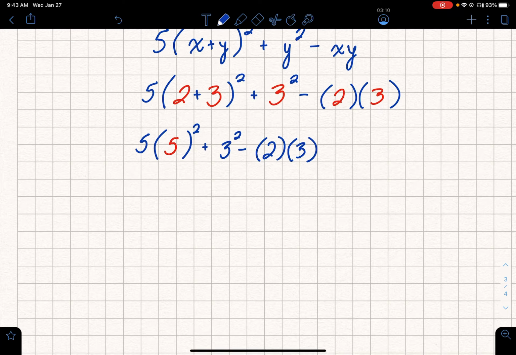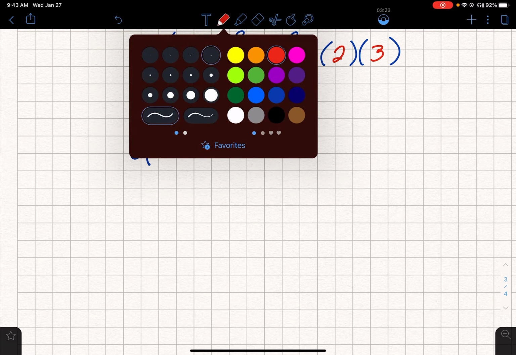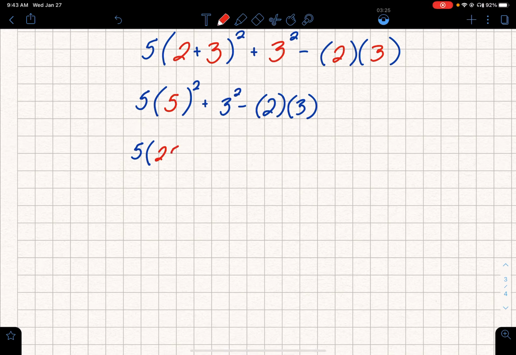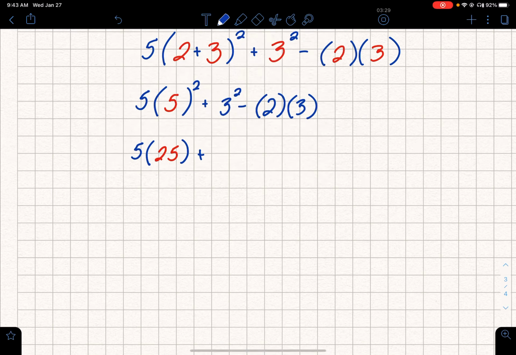Okay, next in our order of operations is exponents. So we're going to be evaluating this 5 squared here and this 3 squared here. So we're going to write down our 5. 5 squared gives us 25, so that's going to go inside of our parentheses now. Plus 3 squared, which gives us the number 9,